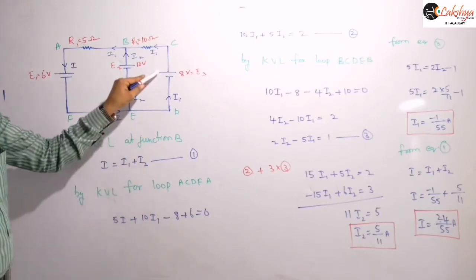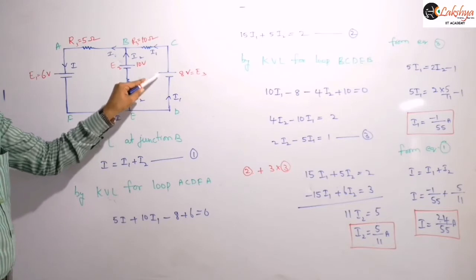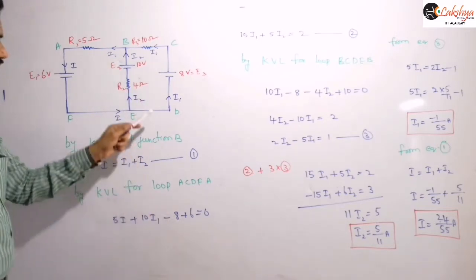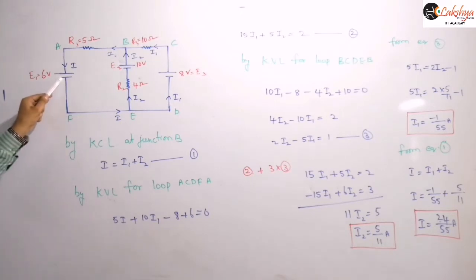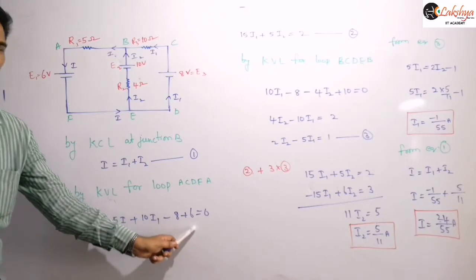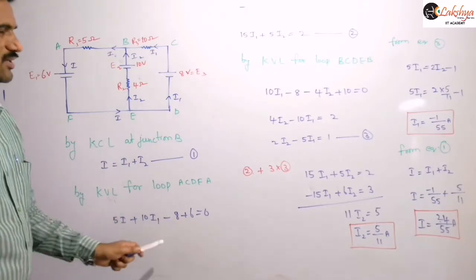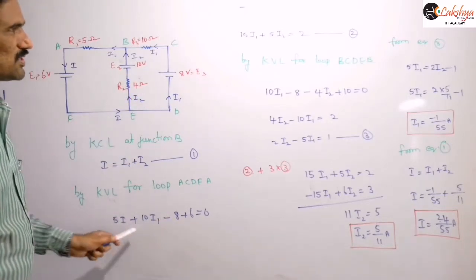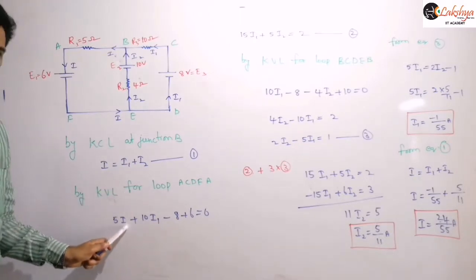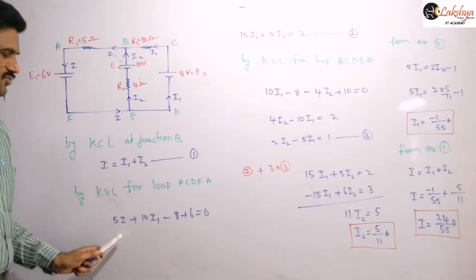Next here we are traveling from the positive terminal to the negative terminal. Positive terminal to negative means the EMF is minus. Next, for this loop here, we are traveling from the negative terminal to the positive terminal. Negative terminal to positive terminal means it will be plus, right? So that is for this loop. Now we can simplify here. This I, I am substituting from the first equation. You can substitute this I value as I1 plus I2.